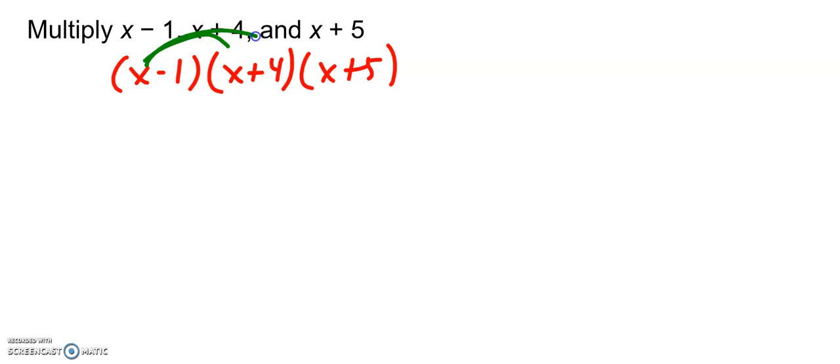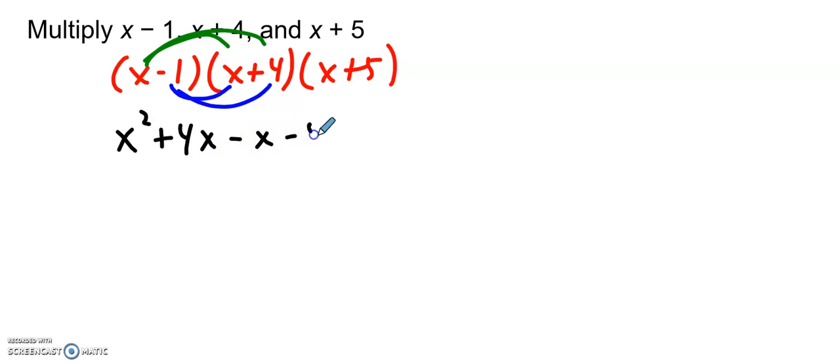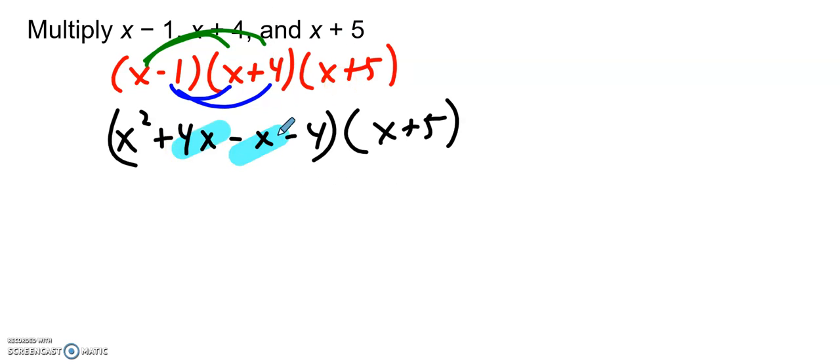So I'm going to do x times x, x times 4, negative 1 times x, negative 1 times 4. And we'll end up with x times x is x squared, x times 4 is 4x, negative 1 times x is minus x, negative 1 times 4 is minus 4. I still have the x plus 5. Now, notice that we have a couple of like terms, so let's go ahead and combine those. And we get x squared plus 3x minus 4